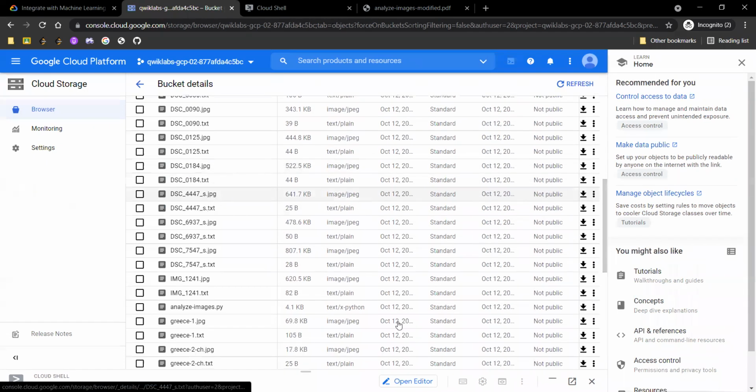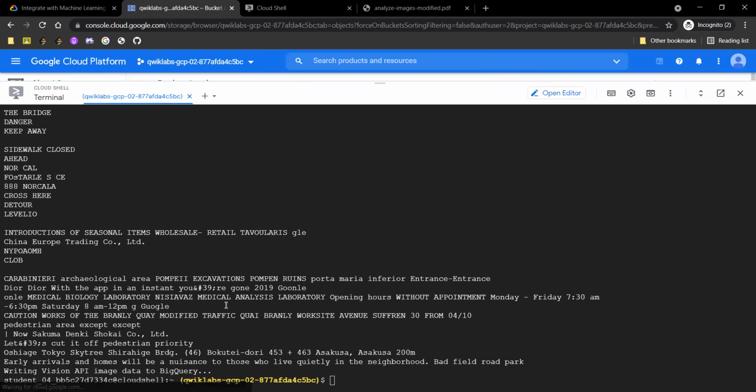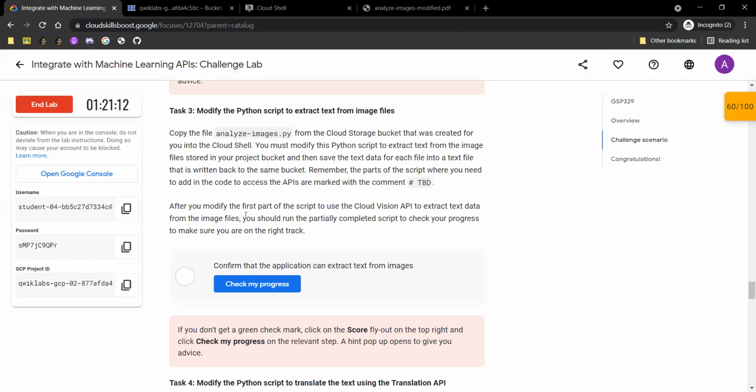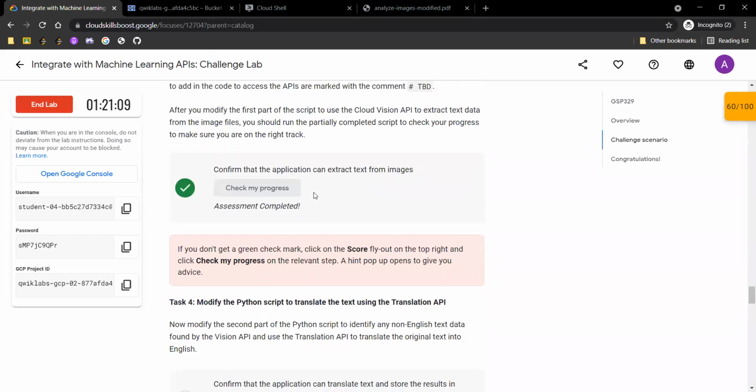So we have processed all these files successfully till now. So yeah, it also says writing with an API. So yeah, all the files have been successfully processed, and now simply click on check my progress. So this task is also completed.